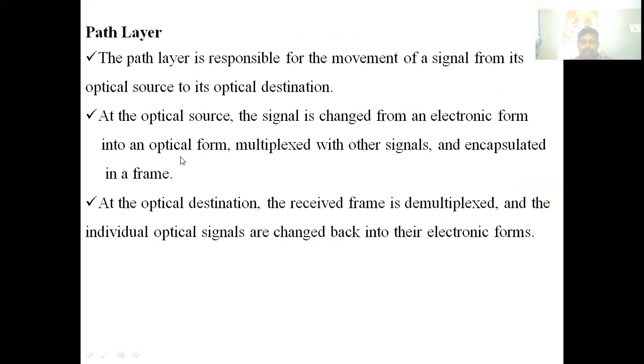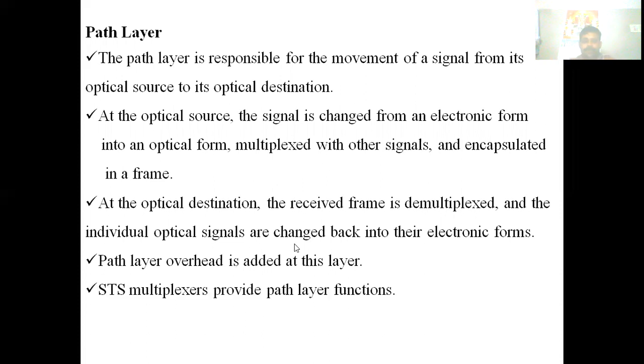Similarly, at the optical destination, the signals are demultiplexed, and again converted from optical to electrical. So the path layer overhead is added in this layer. The path layer function is provided by the STS multiplexer.